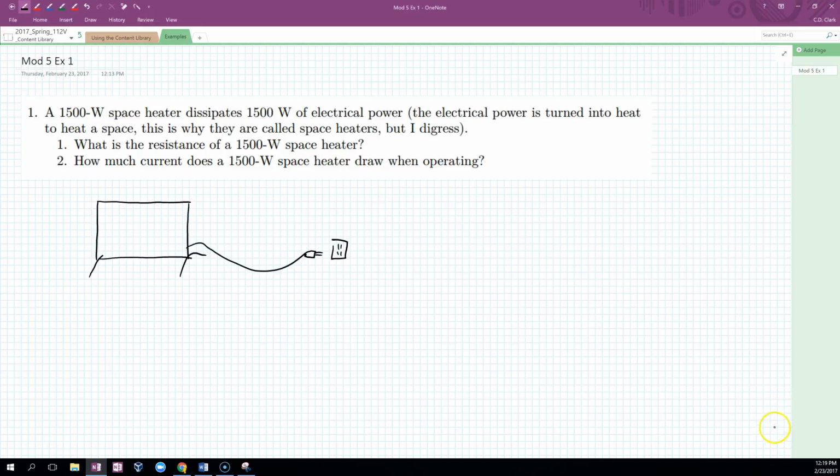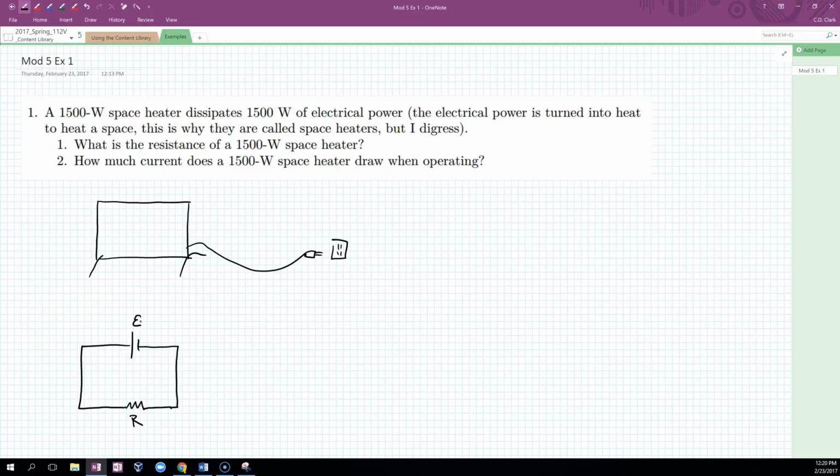And so the space heater is plugged into the wall. The wall is a voltage source, so the wall acts as the EMF or the power supply or the battery. And the symbol that we use for the EMF is a long line next to a short line. The space heater itself dissipates power because it's a resistor, so it is resisting electrical current. There must be current that runs through it while it's operating, and so we can represent the space heater as a resistor. So this space heater has some resistance, which is what we're looking for in the first part, and it's connected to an EMF or a voltage supply that has some voltage,